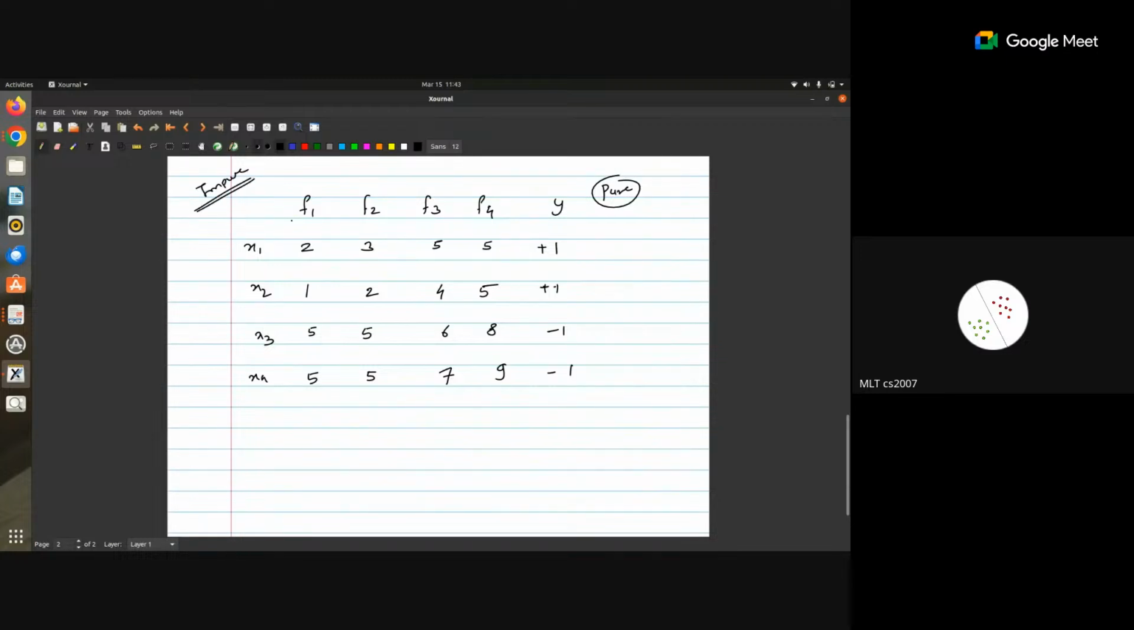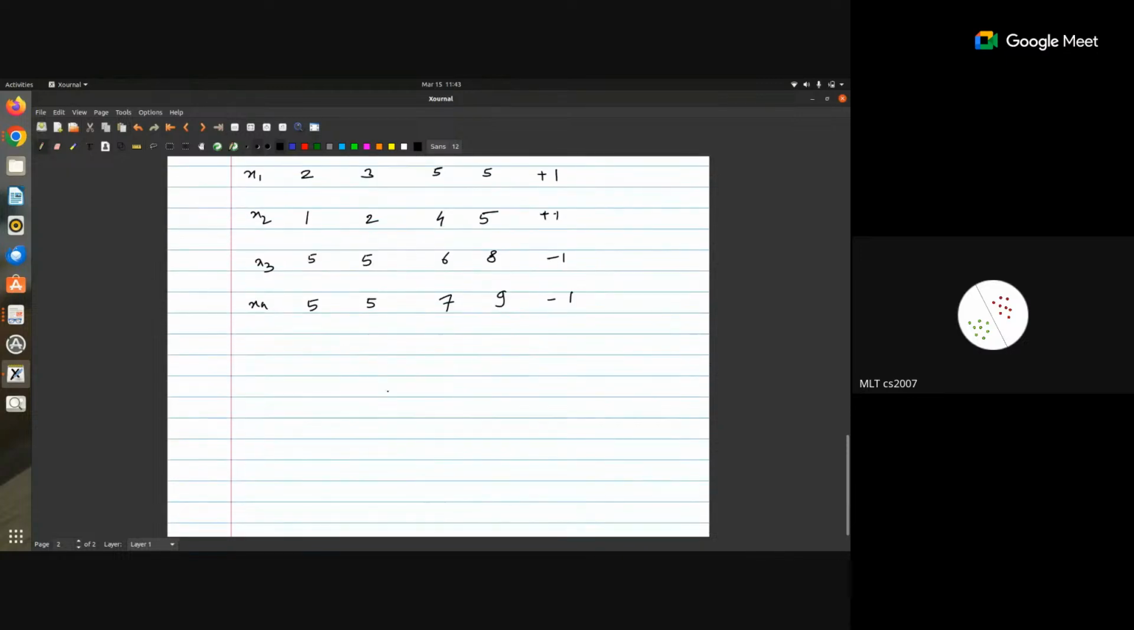So what does the decision tree do? First of all, before understanding the decision tree, we need to see how to measure the impurity in this data set. So initially, before asking any question,